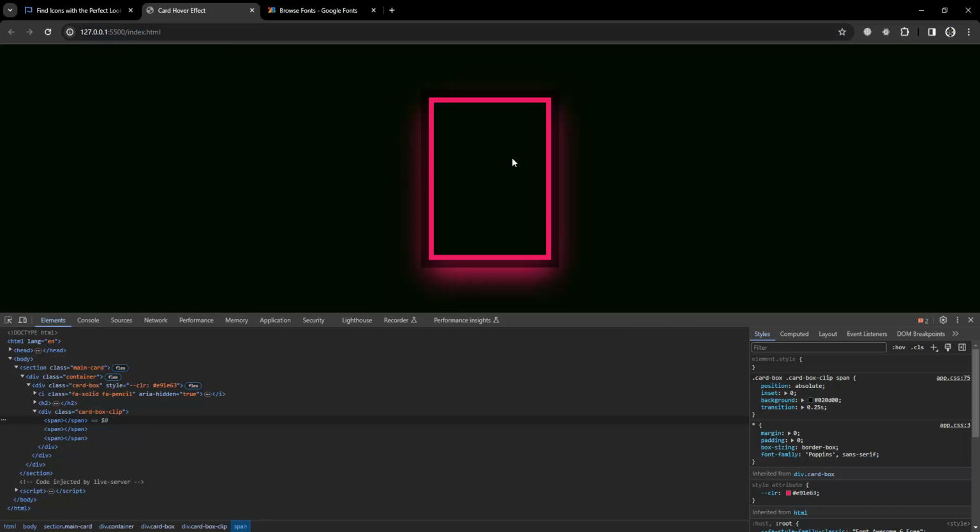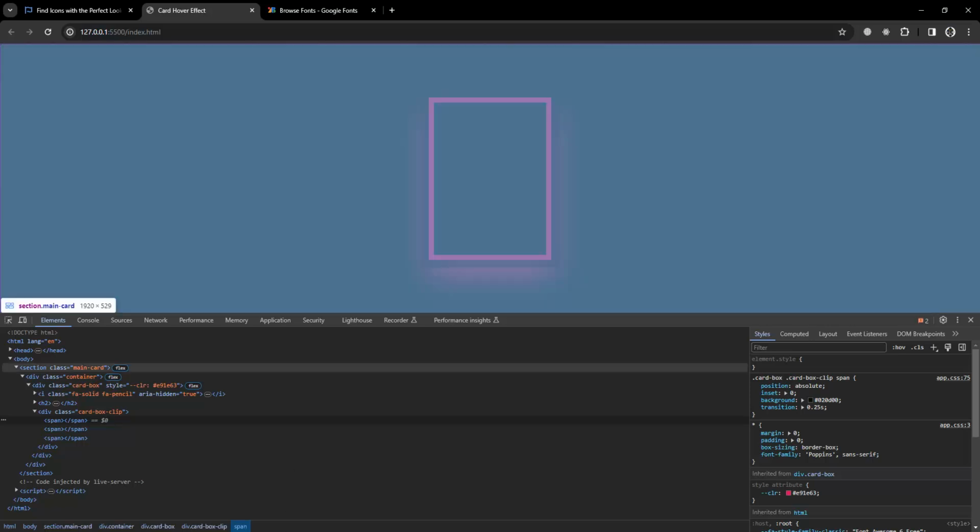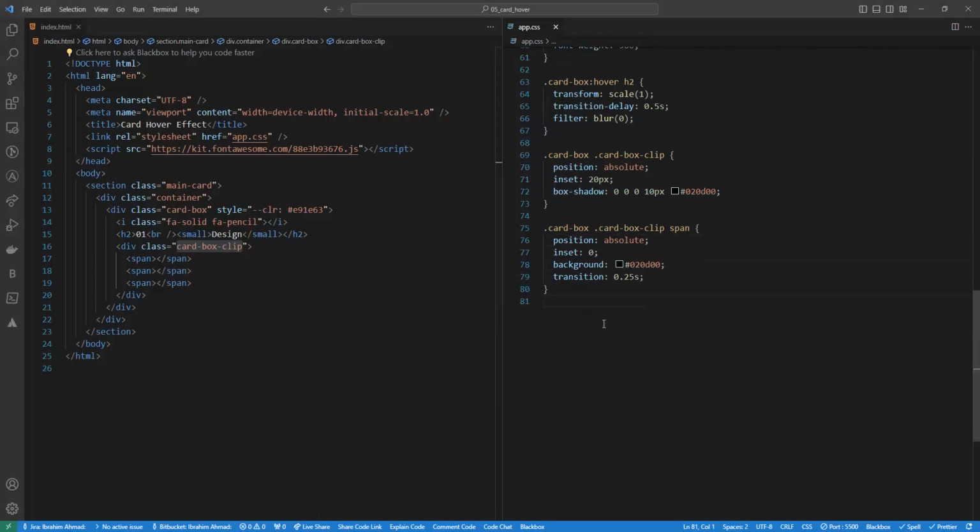But we are going to apply the transition on here. So, sorry, the polygon shape, and after that on the hover, we are going to do the things and it's going to look beautiful here. So I'm going to come back here and we have span 1, span 2, span 3. There are 3 children of card box clip. So I'm gonna copy this from here and I'm gonna paste that here,